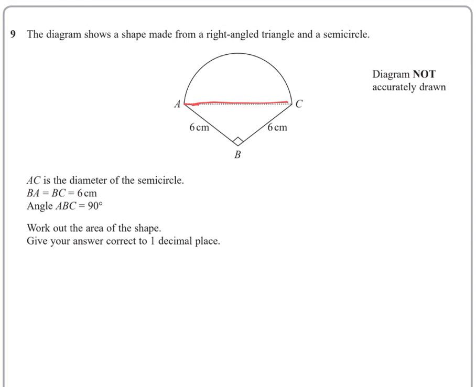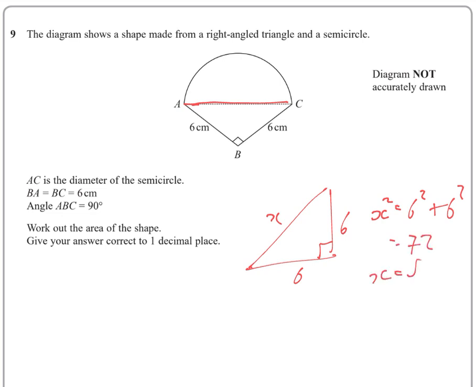So this is a right angle triangle with a 6 and a 6. How do you work out this? Well, we do a bit of Pythagoras. X squared equals 6 squared plus 6 squared, which is 72. So x is the square root of 72, which is